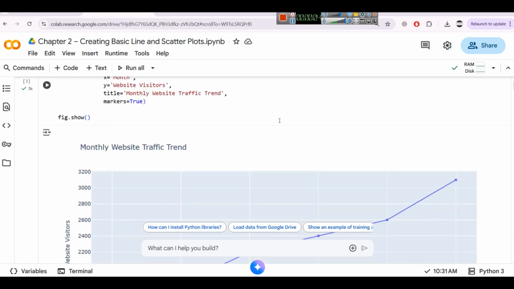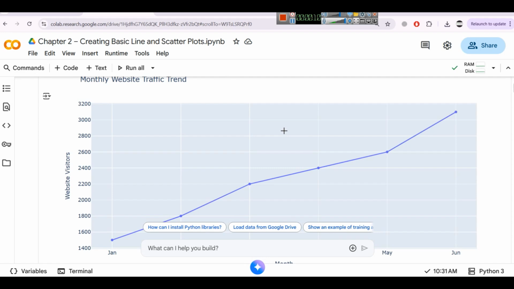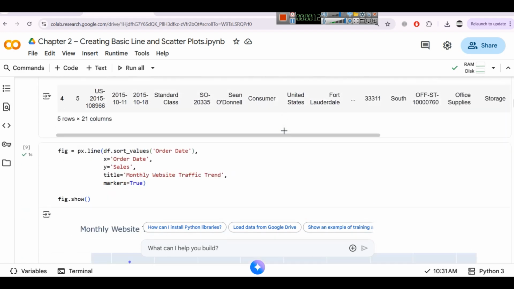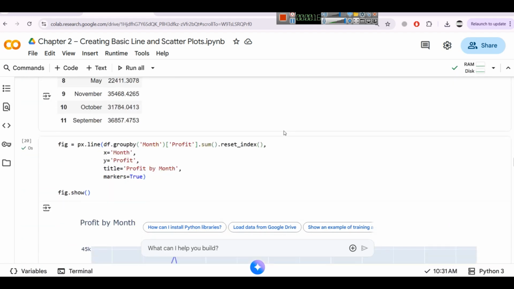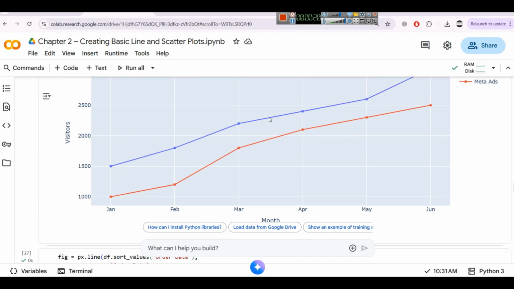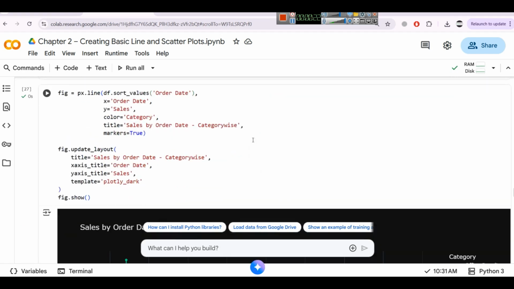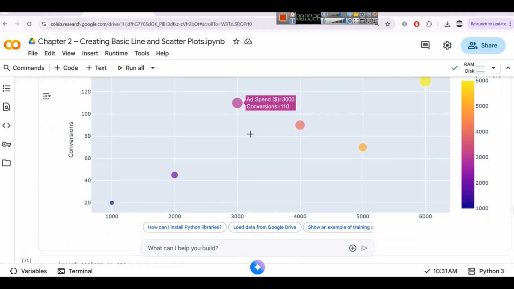And in this chapter of Plotly, that is chapter 2, we will learn how to create basic line and scatter plots that you can see here. In all these examples, we will import some data sets and then we will create line charts, multiple line charts, use a dark template, then create